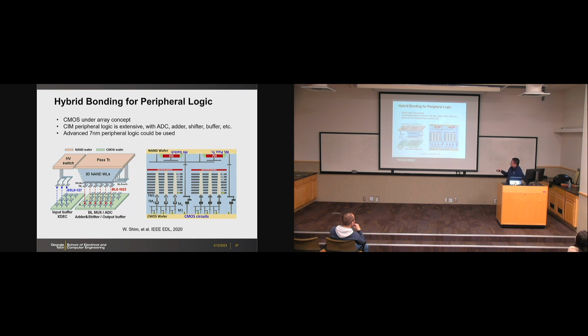So here, many of the computing units, for example, ADC, adder, shift register, and so on, still need performance. So the good solution is to do those peripheral logic designs in an advanced logic process, for example, 7 nanometer. So we can have a separate die for those logic components, and then we can have a big model stored in the 3D NAND. Then a natural solution is to do this bonding, because this bonding has become very available